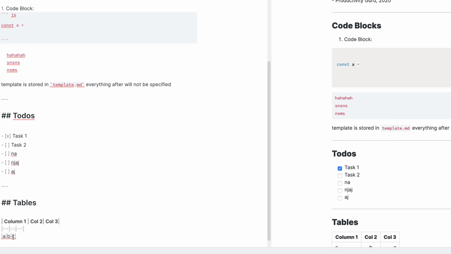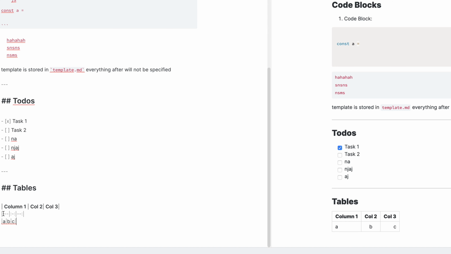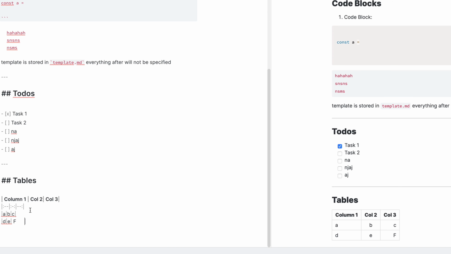You can see there's no justification that I've given here. Yet over here, because we've entered the colon in front, this will be left justified. We've entered the colon both the places, so this will be center justified. We entered the colon in the right, so this will be right justified. That's it. Now everything you type after that also will continue the same way. So D, E. Now if I want, even if I leave like a massive gap, F, it will not matter. It's not going to take the space or anything. Because we justified it here, we specified what we want, it's going to contain that.